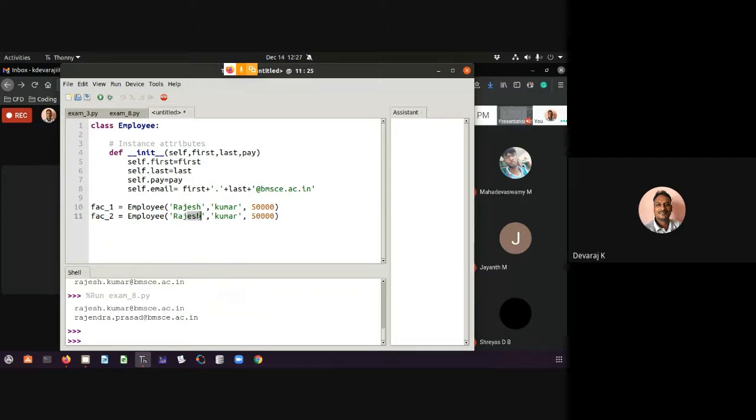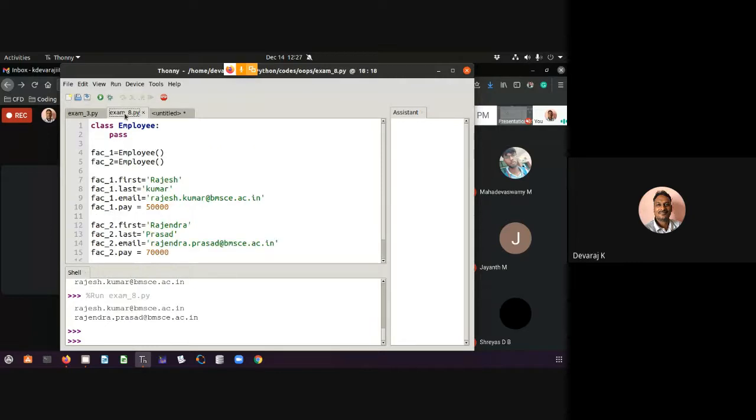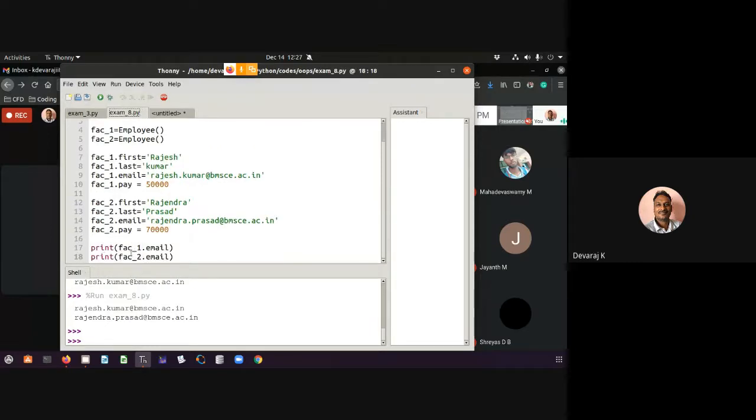This is Rajendra Prasad, and his pay is something, let me call it 70,000. Both are unique. How to print it? Whatever I did here, I can get the same thing.